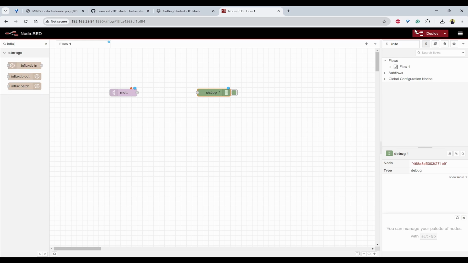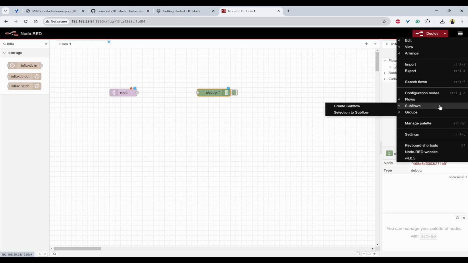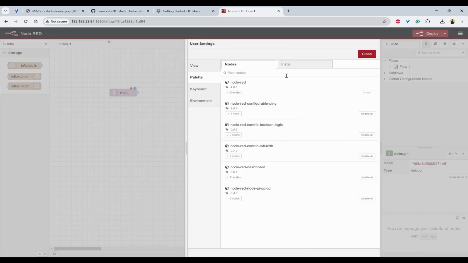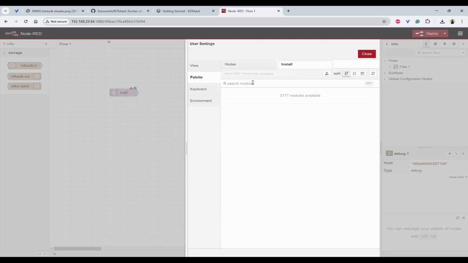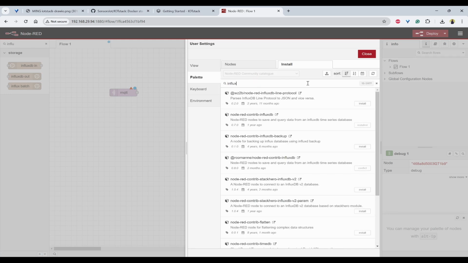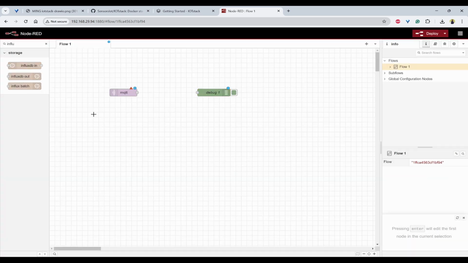If you don't have this, what you can do is go back to the palette and install Influx. When you do that, you'll be able to see node-red-contrib-influxdb that you need to install. Because I have it already, it is shown as installed. So I can take Influx out.